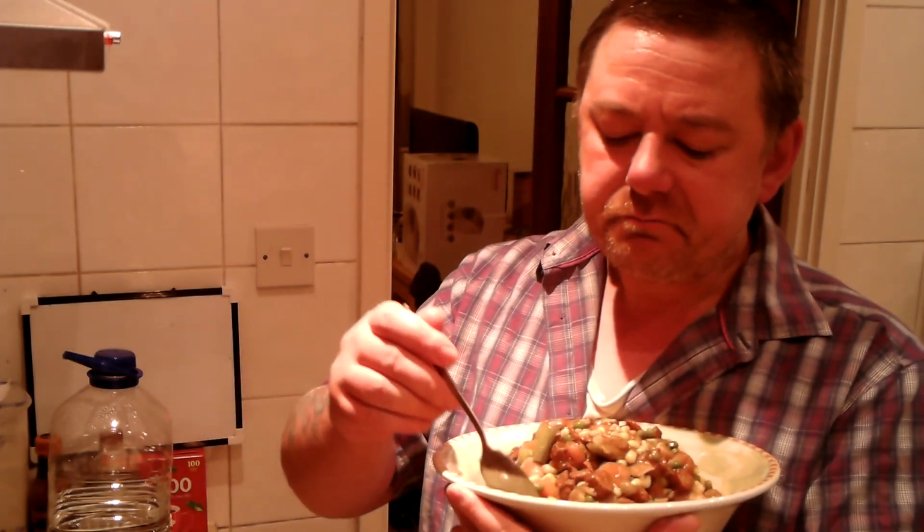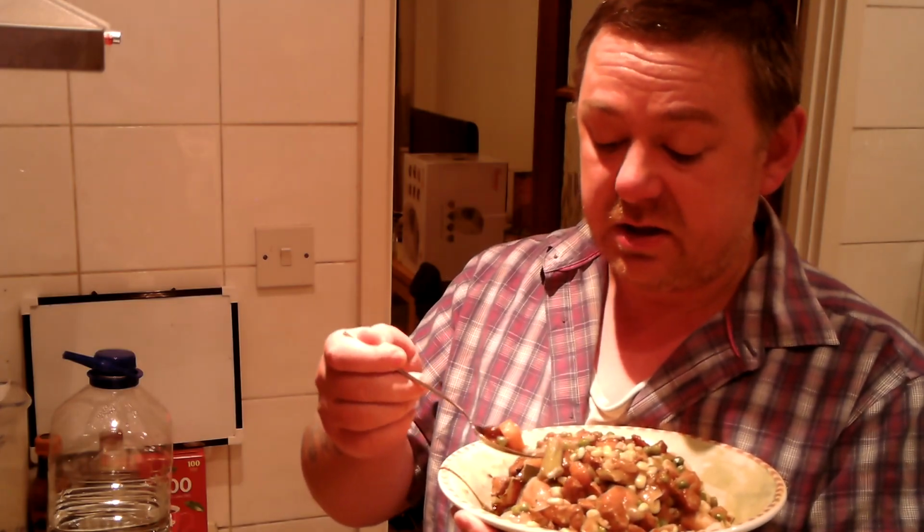And I can actually taste the maple as well. This is sticky maple pork. It gives it a very slight sweet flavour. Not sweet like, you know, sweet or nothing, but it just gives it a slight unusual meaty sweetness flavour. Anyway,